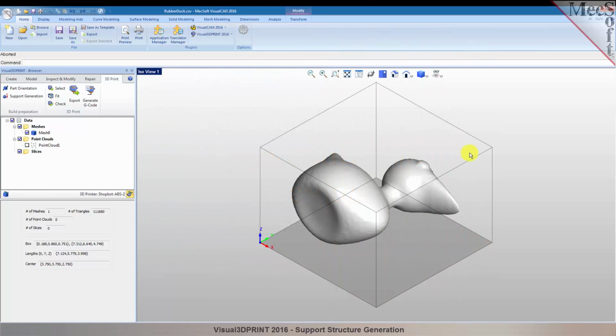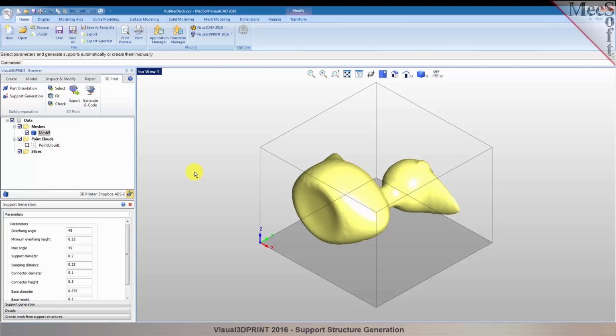The only thing that we've got left to do is create a support structure underneath this part. Currently we have the part centered in the Z, the X and the Y. So we have a cool command in 2016 that allows you to create a support structure automatically for your parts. Go to the 3D Print tab, pick the support generation command, select your mesh, and you will see down here,